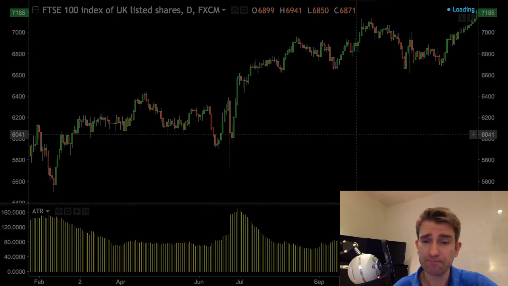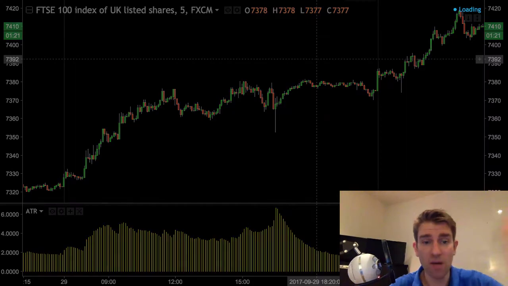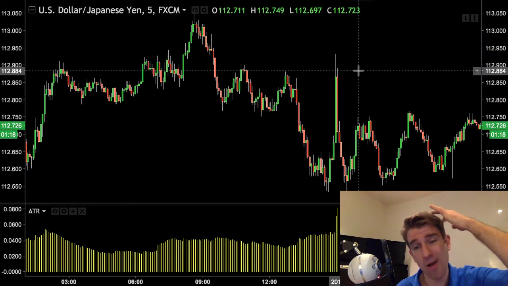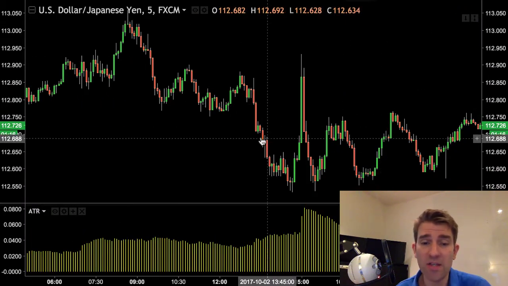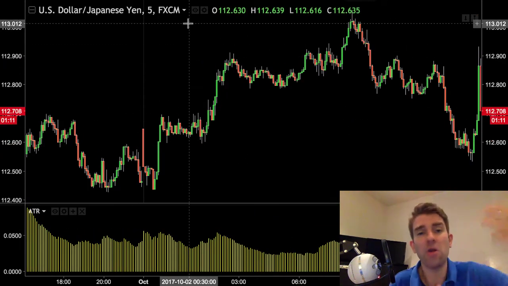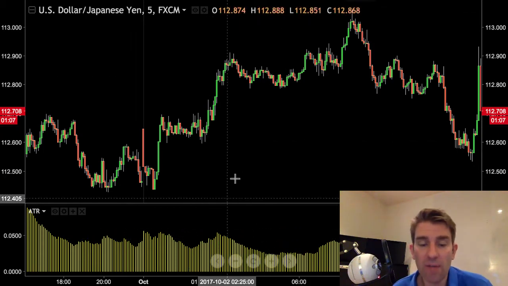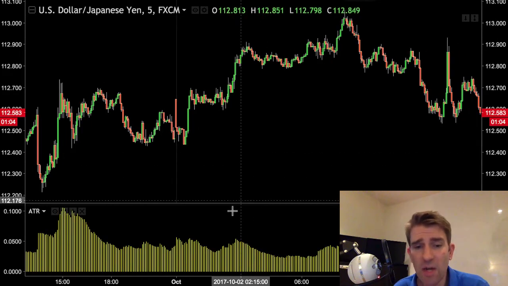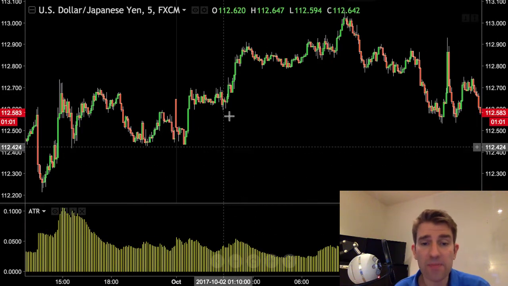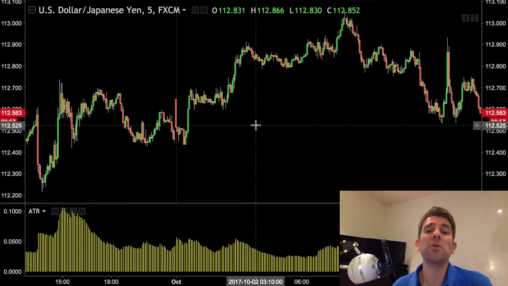Similarly, if you're trading on a 5-minute chart, and let's go back to the currency example, Forex, let's do US dollar JPY. If you're using a 5-minute chart and you've got the ATR up and you're saying, okay, I want to trade intraday, I want to trade for a multi 15-minute hour move or something, you might look at the 5-minute chart and you might say, okay, well, we're moving 5 pips in 5 minutes. Okay, I probably might want to do 3 times that ATR because I want to capture a multiple move, or